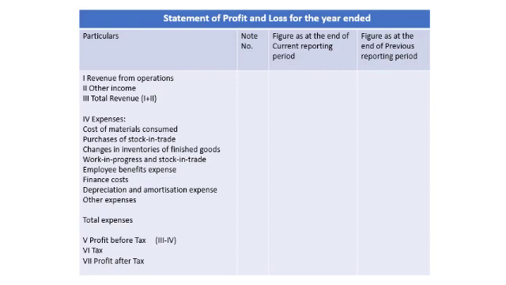The gain on the sale of investment is also a part. If there is a loss, you have to deduct it. In the same manner, revenue of a regular nature will be considered here. And then there are the other incomes. Other income is revenue which is not earned from the main business activity, like interest received and dividend received for a non-financing company. But if it is a financing company, it will come under revenue from operations.